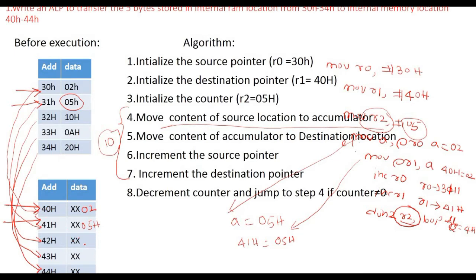Okay, so after complete execution of this program, the memory locations 40H to 42H look like this: 10H, 0AH and 20H. Okay, this source location remains unchanged. We are just copying the data from this memory location to this memory location. This is the same way how in laptops we copy data files or information from one point to another. So this is the concept used in those applications.